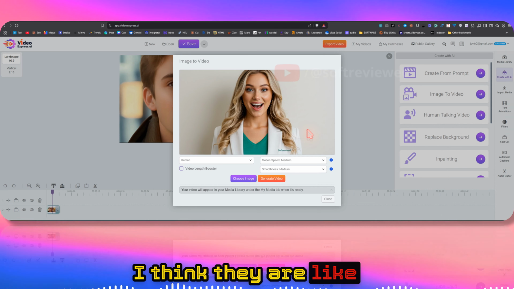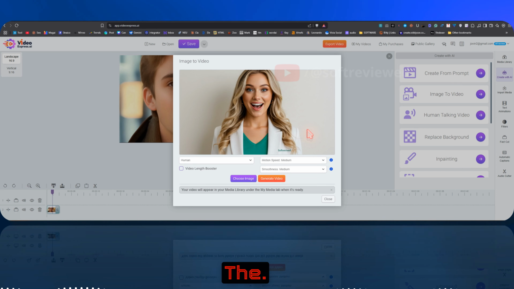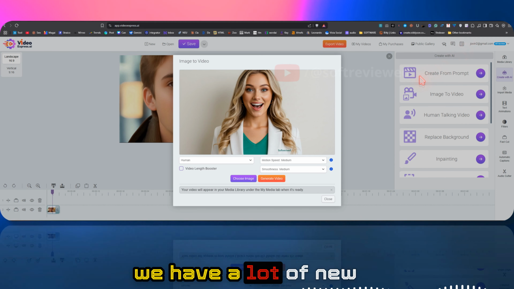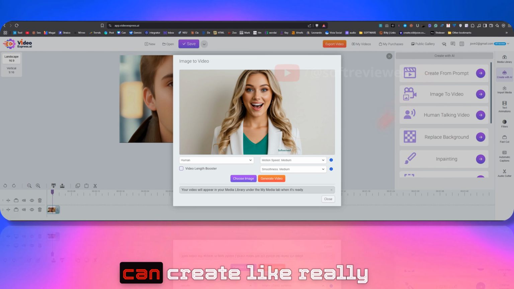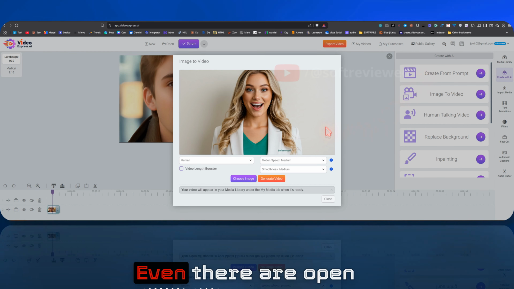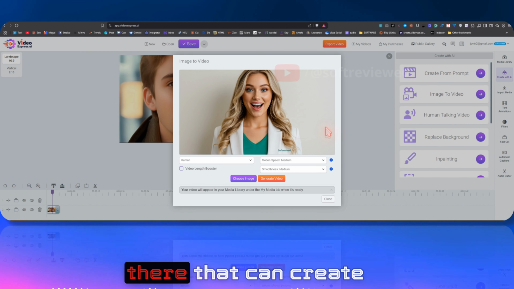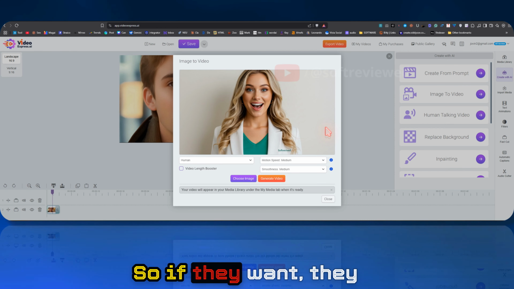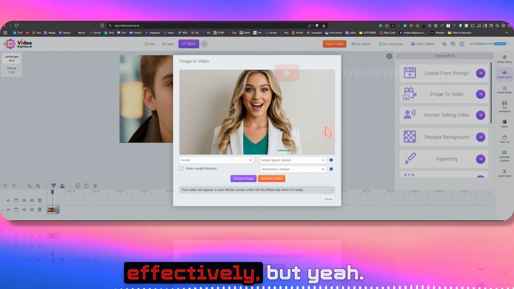Who knows? I think they are using Stable Diffusion, the older version, but I don't think they are updating it, because we have a lot of new AI models now which can create really high quality videos. Even there are open source models out there that can create really good videos. So if they want, they can do that cost effectively. But